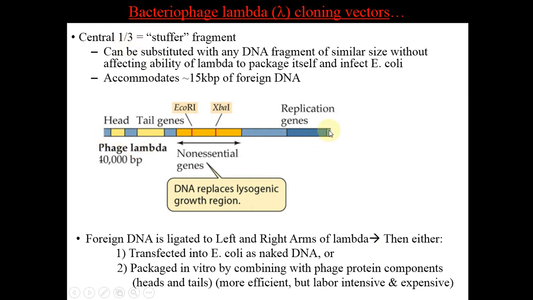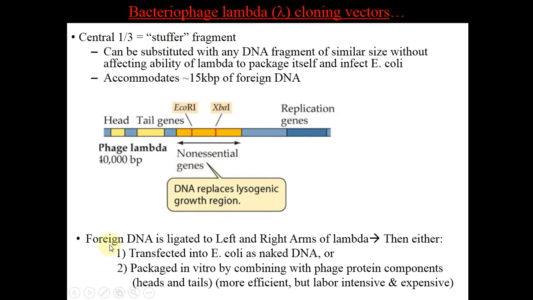Now this is the map of lambda phage genome. It consists of head region genes and tail genes. These genes encode head protein and tail protein. This is the non-essential segment, and these are replication genes. This non-essential segment can be replaced with the gene of insert. This non-essential segment is known as the stuffer fragment. This can be removed and your gene of interest can be ligated here in place of these